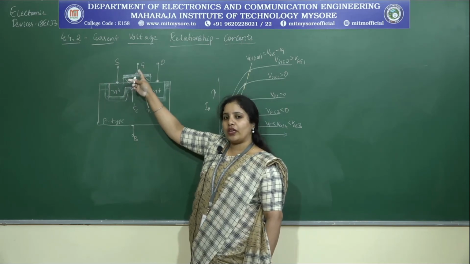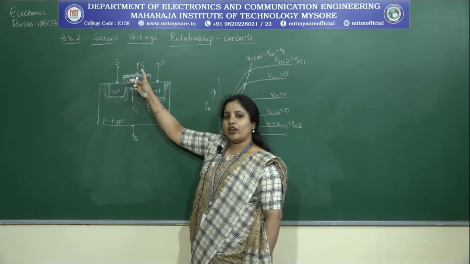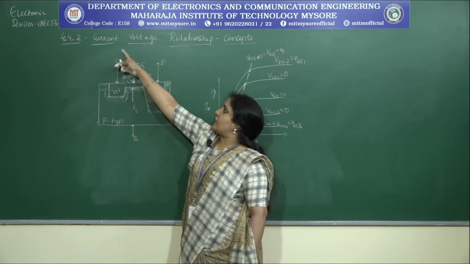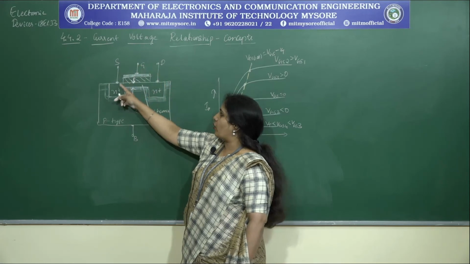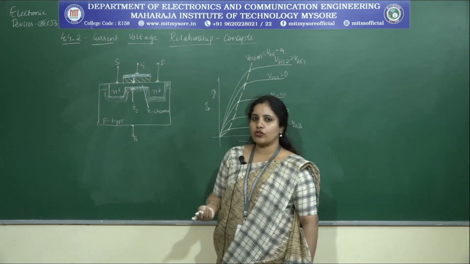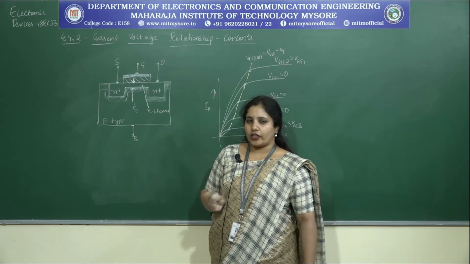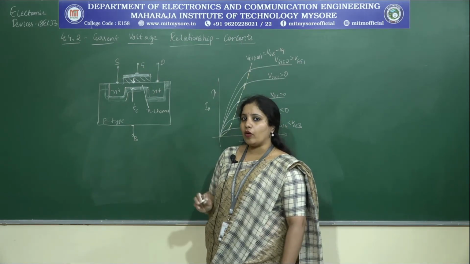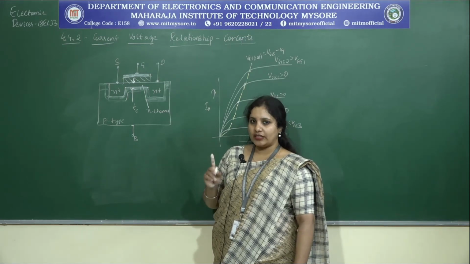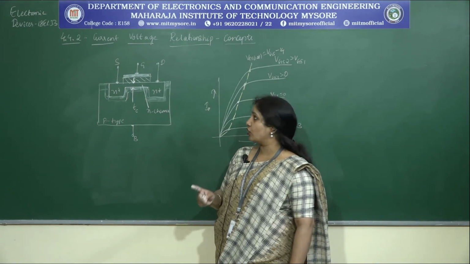So for the creation we require gate voltage, right? Even now when I keep it at 0, there is already a path, so when I connect just a battery across the source and drain, what will happen? The electrons start flowing across the device, and because of that the device is in the on condition. Got the point?